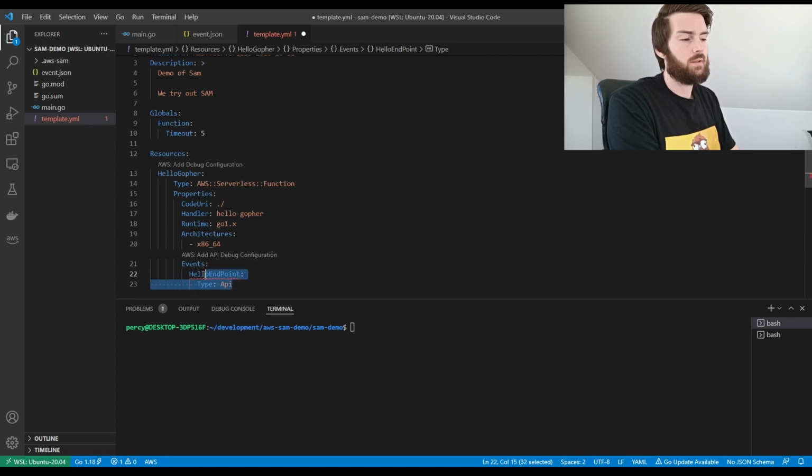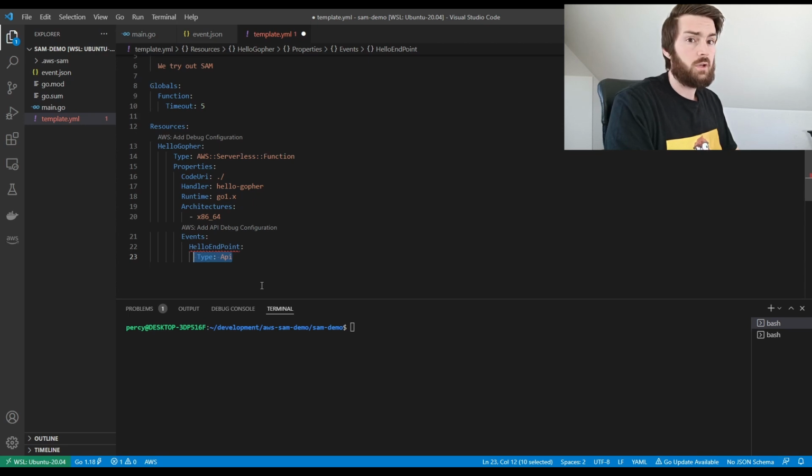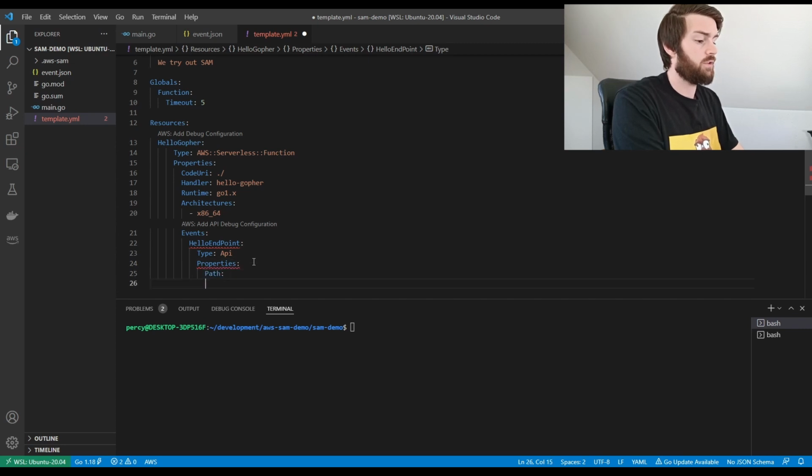Now when you say that this is an API, as we do here, SAM will automatically know that this is an API gateway that needs to be created. So if I were to deploy this using SAM, it would actually create and set up the whole API gateway for you. And you can also add some properties to this, because we want to configure some things, such as